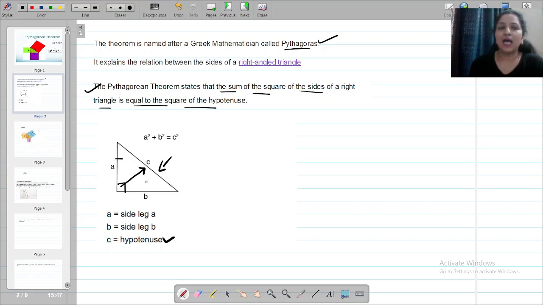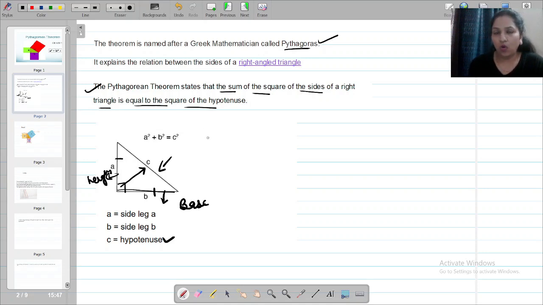Another two sides are known as the arms, or one is height, another is base, whichever manner. Longest side is hypotenuse, other two are arms. Generally this resting one, which is joined to the base, that is the base of a right angle triangle, and this side A is the height. This much is understood.